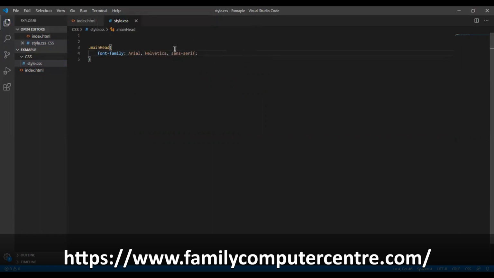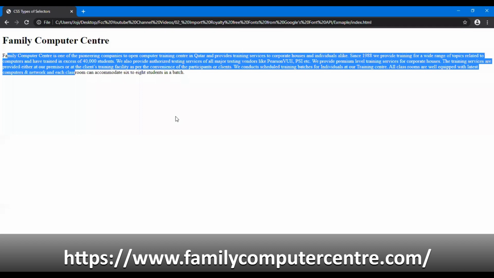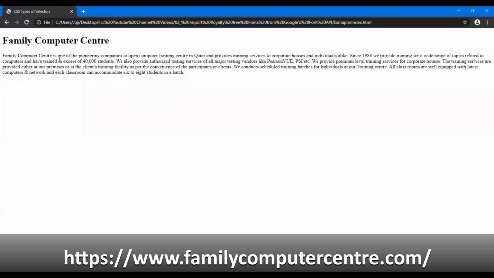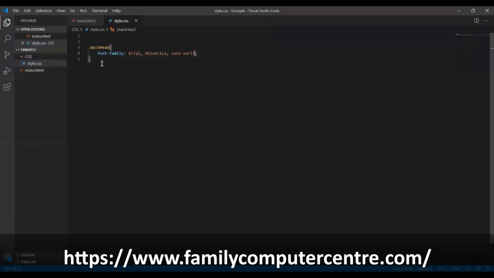Okay, so now let me go back to my browser and check whether it has changed my font style or not. So I went back to my browser, and once I refresh, I can see it changed my font style. Correct? Okay, so I will switch back to my Visual Studio Code once again. So here you can see,